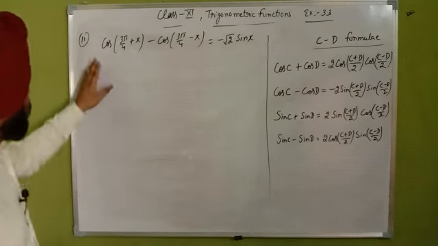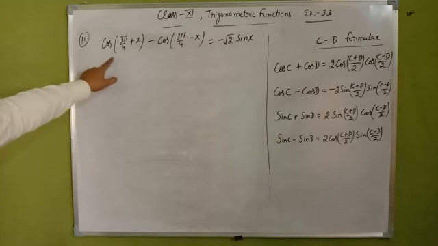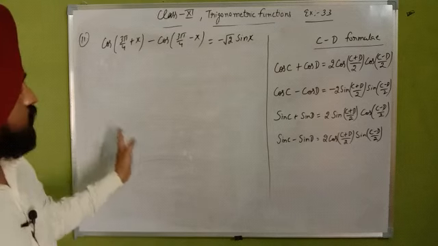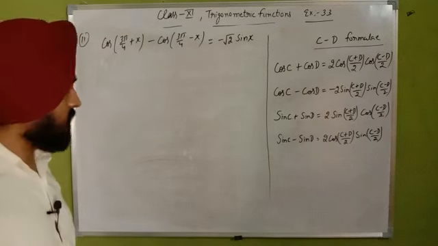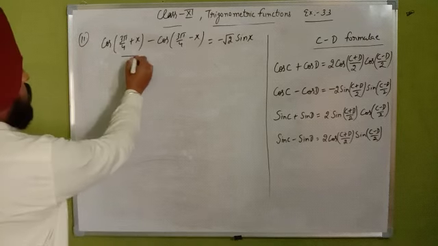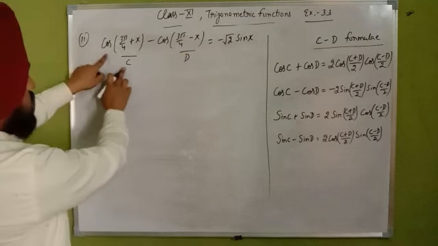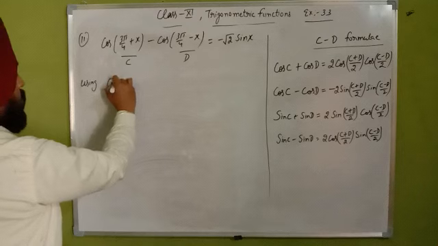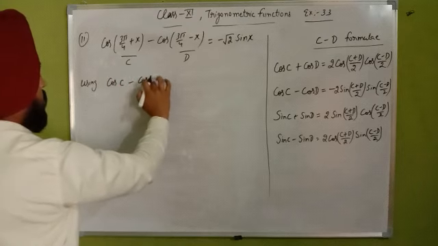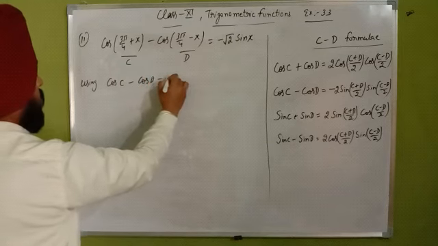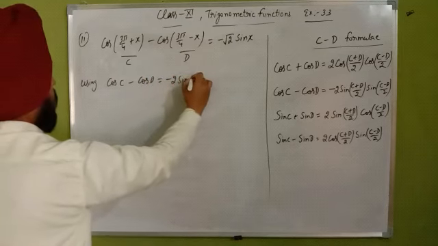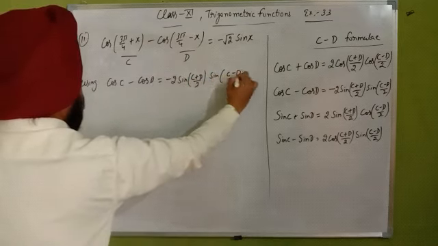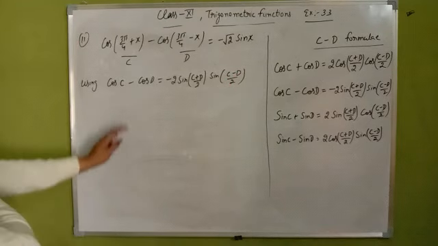Okay. Now the first, 11th question there: left hand side is cos 3 pi by 4 plus x minus cos 3 pi by 4 minus x. Show that it is equal to the right side, minus square root 2 sin x. Now you can check here, it is now C, that is D. So cos C minus cos D is applicable there, the second identity. So right here using cos C minus cos D, which is equal to negative 2 sin (C plus D) upon 2 into sin (C minus D) upon 2. Understood? So we have to use this identity here.